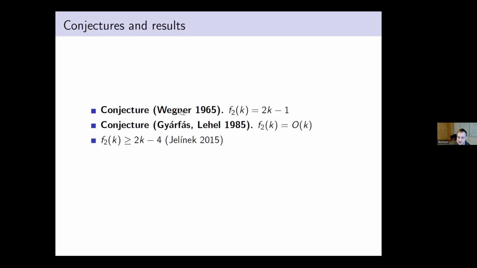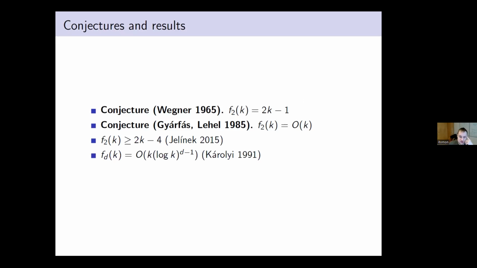If you look at this conjecture of Wagner and this result, you might be a bit confused: why did Wagner make this conjecture if he didn't even have a construction that achieves this bound? It seems like all that Wagner knew was what happens for k equals 2 and 3, and from that he just interpolated. So there is very little evidence for this conjecture, and I don't believe it's true at all. But this conjecture of Gyárfás and Lehel seems to be more true.